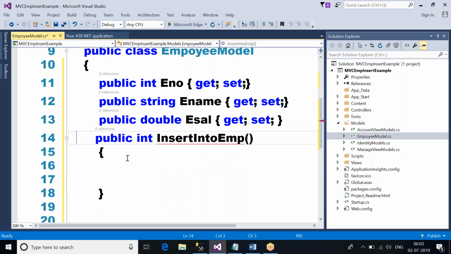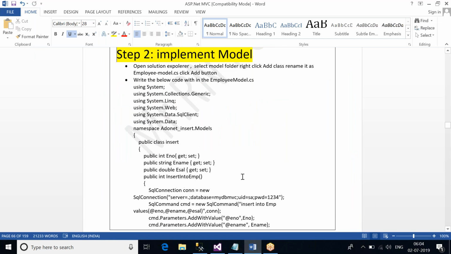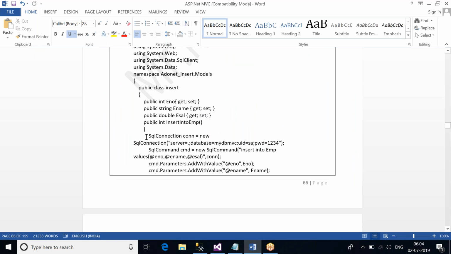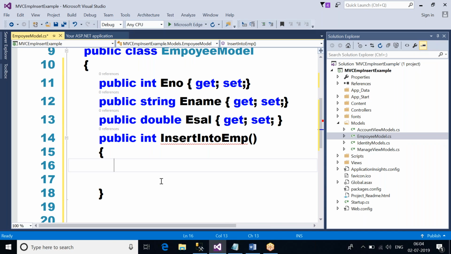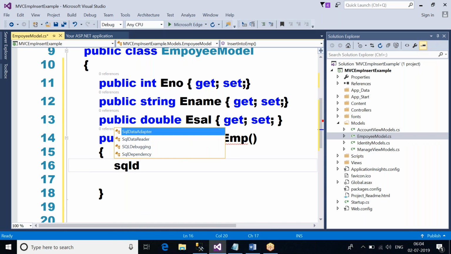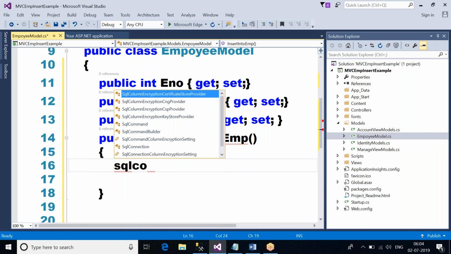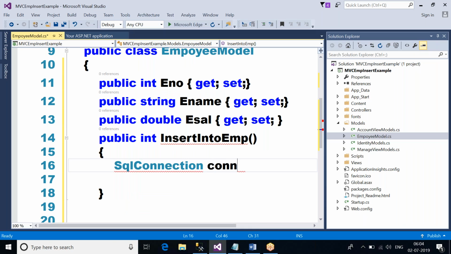So we have to declare the connection string and the command object. You have to write the connection string. You have to write the command object. First, I will write the connection object. We'll write directly here: SqlConnection conn,